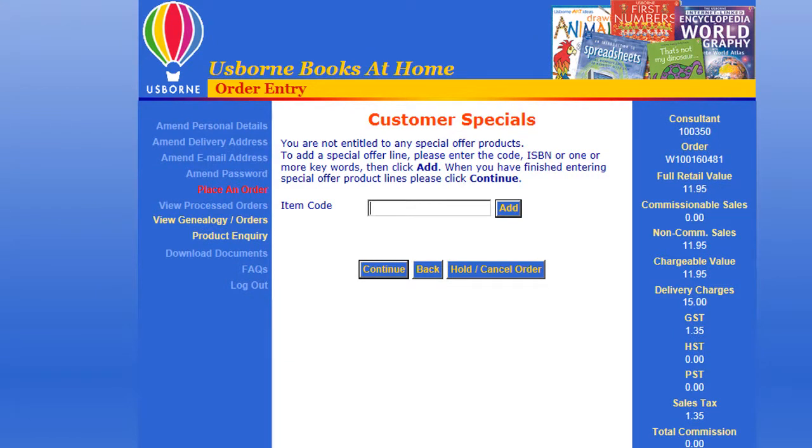Every month we offer customer specials to anyone who spends over $50 at a party. The flyer is on the consultant's site showing what's on offer this month. They're entitled to one customer special for every $50 in sales, so if they've spent over $100 they can get 2 customer specials. The idea is not only to encourage people to spend a little bit more at the party